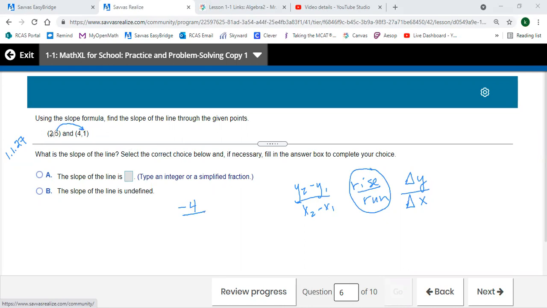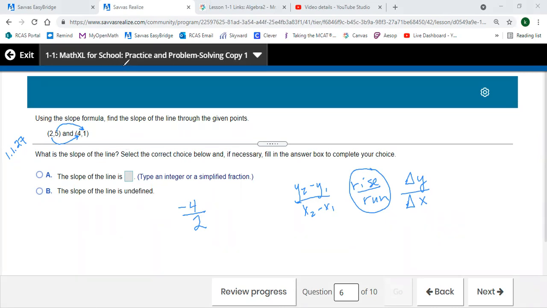And then I have to go in the same direction, so starting here and going here. If my x is at 2 and it goes to the right 4, that's a positive direction or movement, and that's a 2. So my slope of this line,